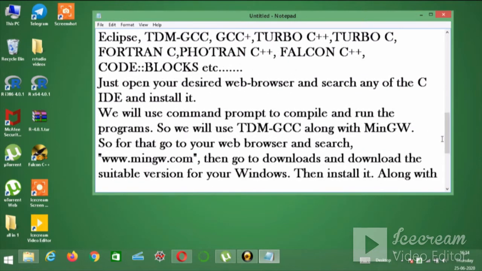Today we will use the command prompt to compile and run our programs, so we will use TDM GCC along with MinGW.